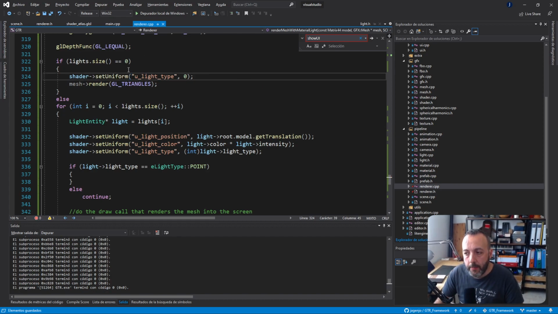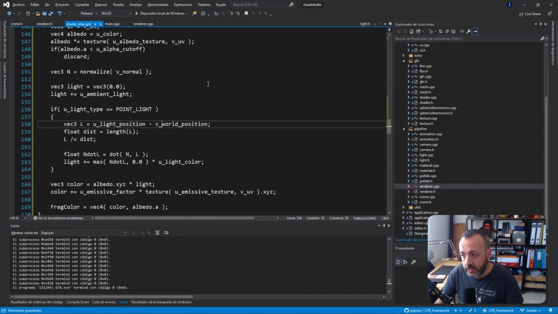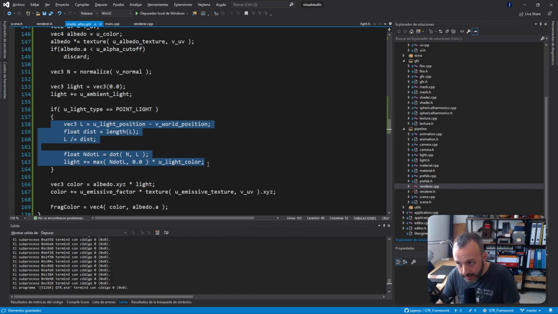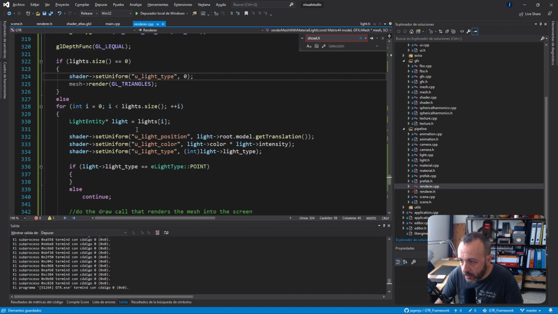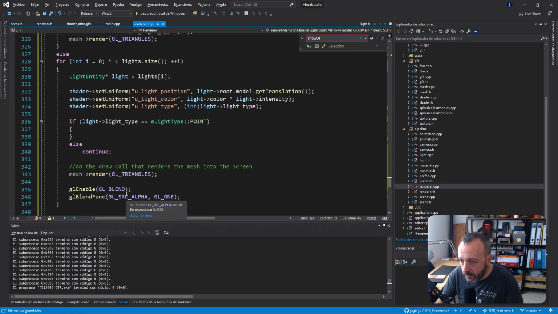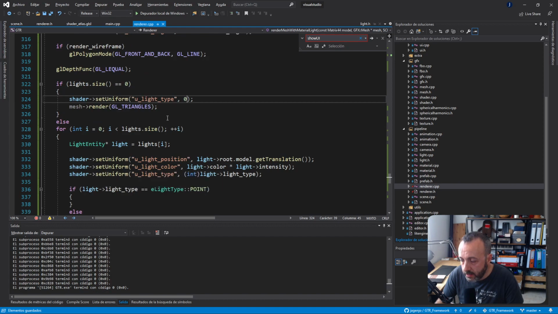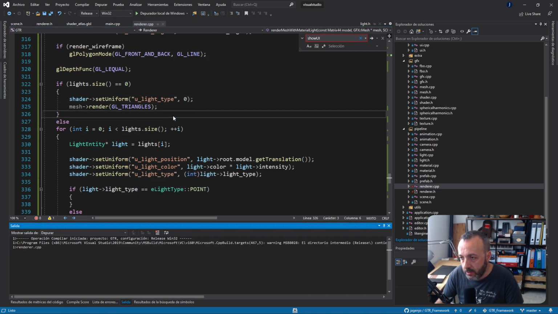Okay, what's going to happen? If light type is 0, it's going to enter here, and when it reaches this position, light type is not going to be point light, so the light is not going to be added. Just by adding that specific use case, let me make sure that I didn't do anything wrong. Mesh. Yes. So you can see if I execute this code now,